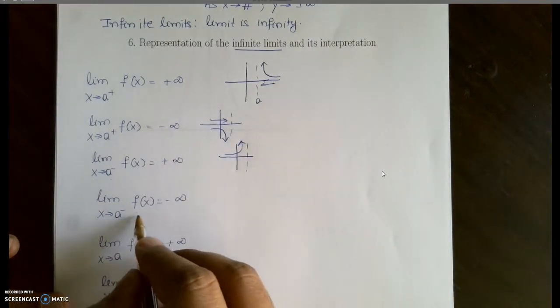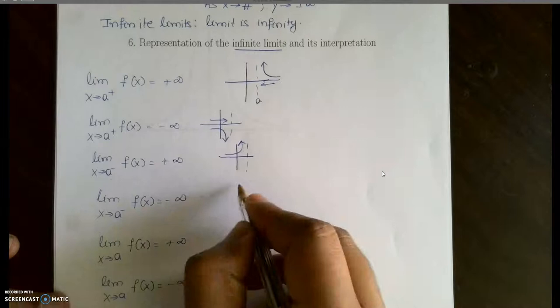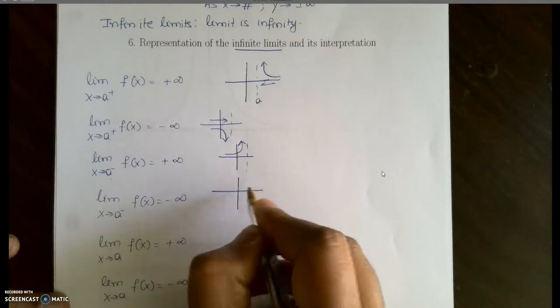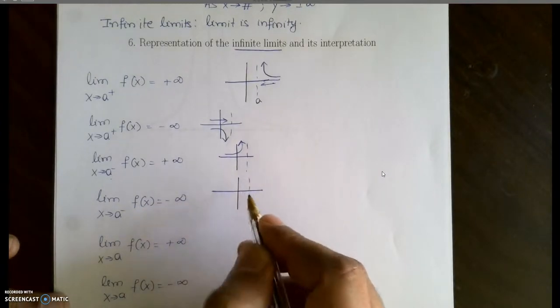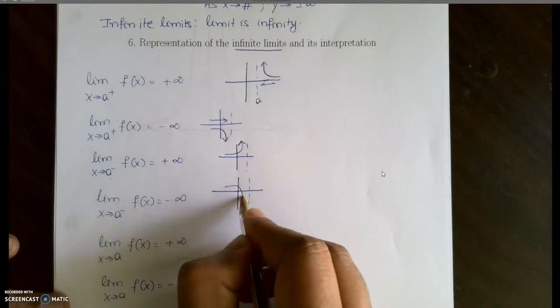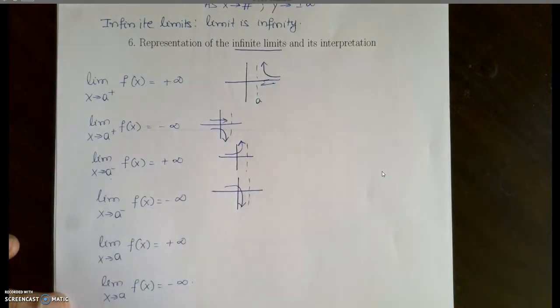The left-hand limit at a for the function is negative infinity. The graphical representation for that is this. So as x approaches a from the left, the y value approaches negative infinity. And here the limit